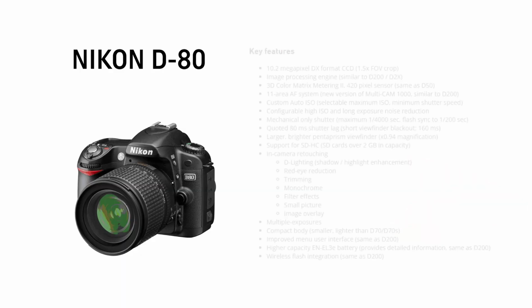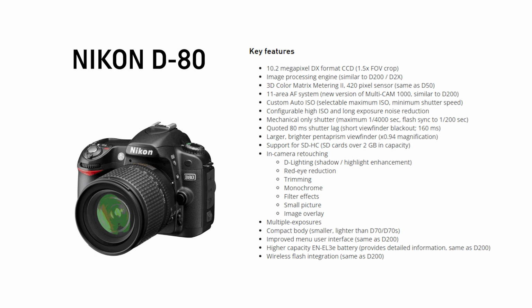After having learned some basic concepts of camera operation and framing and light, I realized that I couldn't actually learn how to properly shoot on a point and shoot, and I needed something better. So my first camera was a Nikon D80. This is a camera that now would be completely obsolete. It is 15 years old. It was a crop sensor camera. It had horrible low light rendering,